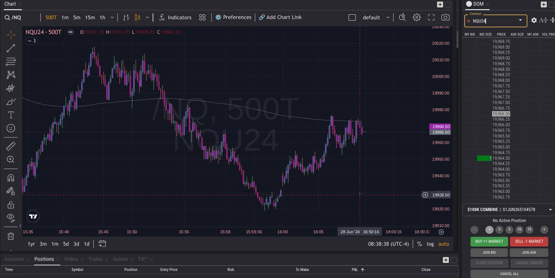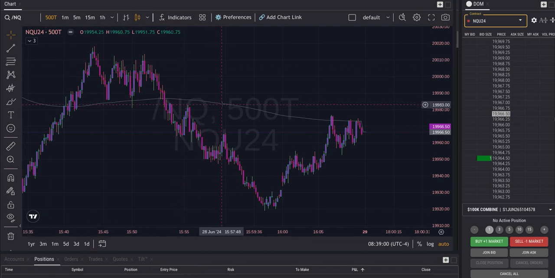Okay, I wanted to do a quick example of how I trade. I was just talking to myself for about 15 minutes in my last video and didn't hit the mic button, so I'm just going to make this quick. I am trading NQ on the 500 tick chart on Topstep X.